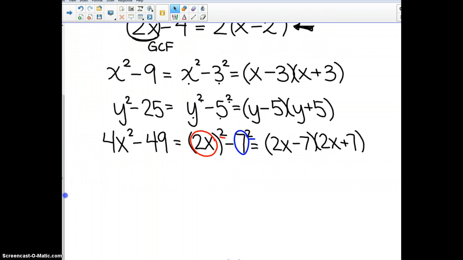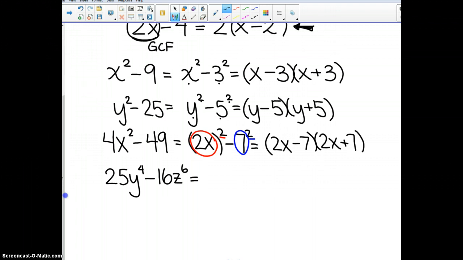Again, with the x squared minus 9, a lot of you will get to the point where you can just look at it and recognize that it factors x minus 3 and x plus 3. But with some of these others that get a little bit bigger in their numbers, or maybe the variables are not just powers of 2, a lot of you will benefit more, and do better on your homework if you write that intermediate step in. So if we have 25y to the 4th minus, let's say, 16z to the 6th,